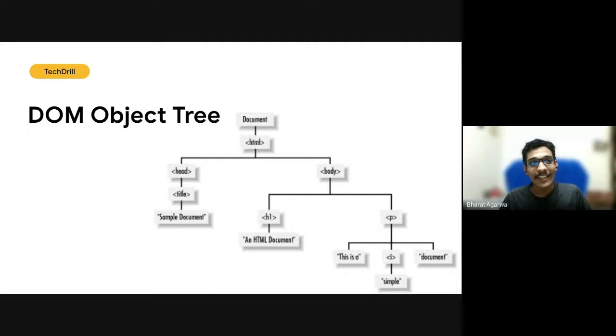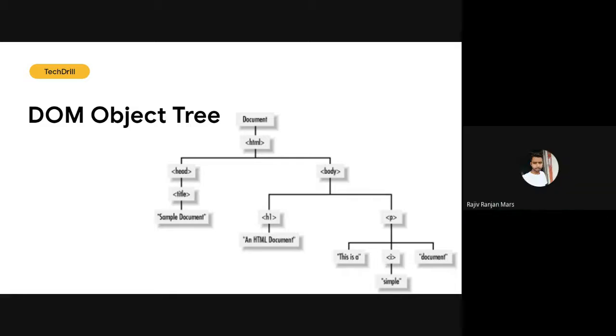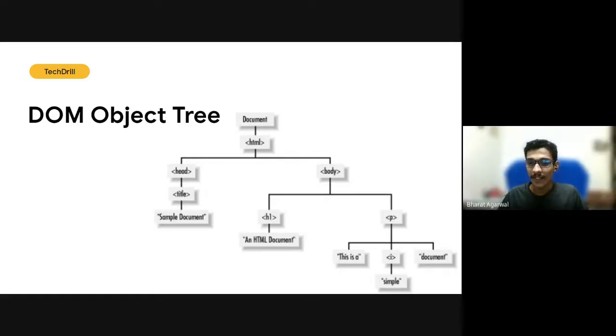So we'll see how the DOM is structured. As you can see, there's the document at the root, so we call the document the root node. In this we have the HTML tag, and I hope you all are aware of HTML. Just give me a quick plus one or something. Yeah, cool. So under that document we have an HTML node.